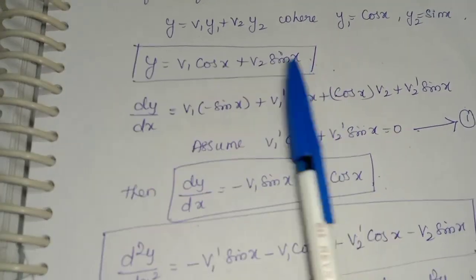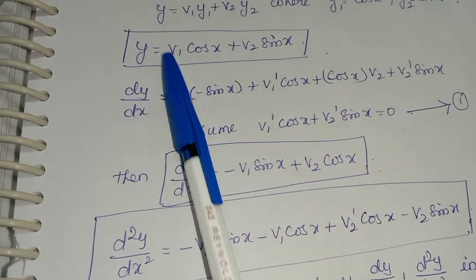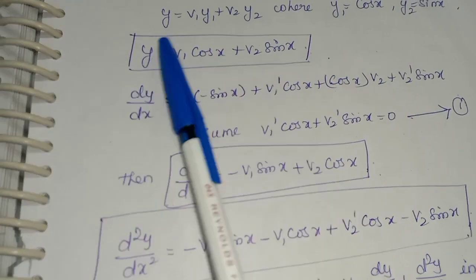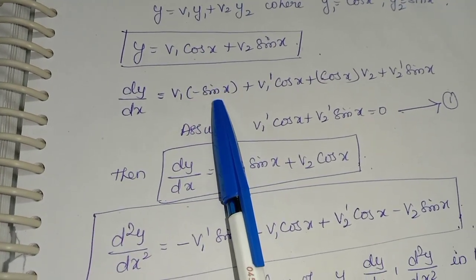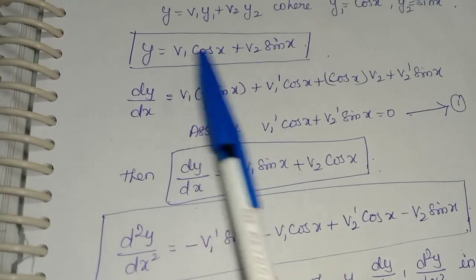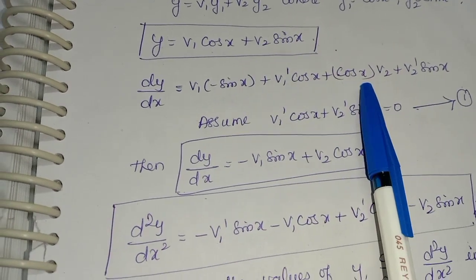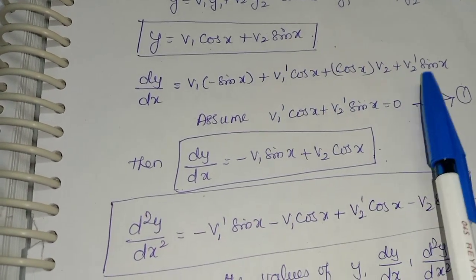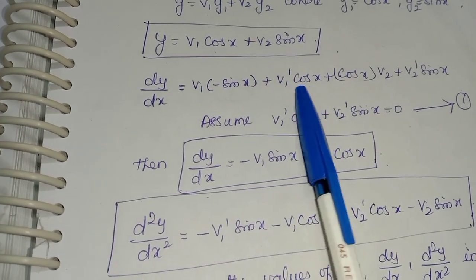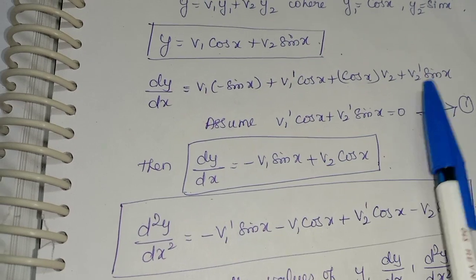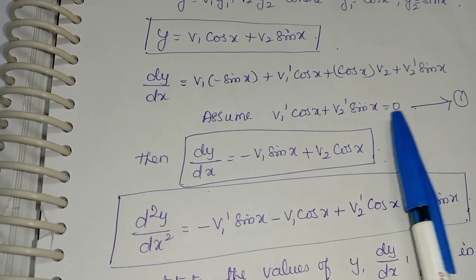Let us differentiate this. Since v1 and v2 are not constants, they are also functions of x, so while differentiating this term, you have to use the product rule for differentiation. v1 into differentiation of cos x is minus sin x plus cos x into v1 dash, plus for this term v2 into differentiation of sin x is cos x plus sin x into v2 dash. So here we have to assume the terms containing derivatives of v1 and v2 equal to 0. So this is the condition that we have to assume in the method of variation of parameters,